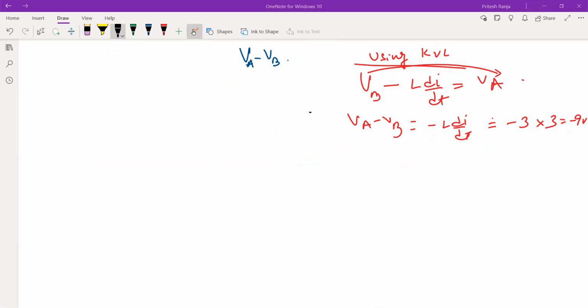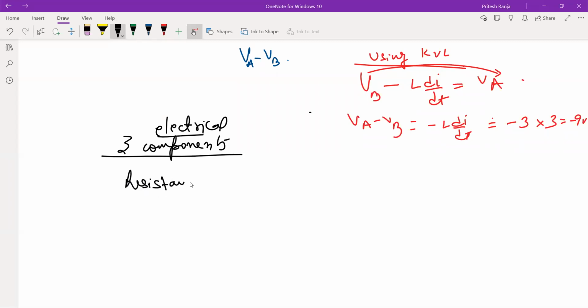So yes, we talked about three components. What were the three components? Three electrical components, although there are many electrical components, but we are going to talk about resistance, capacitance. तो कंपोनेंट की बात कर रहे हैं तो रेजिस्टेंस नहीं आएगा, रेजिस्टर आएगा, कैपेसिटर आएगा और फाइनली इंडक्टर आएगा।